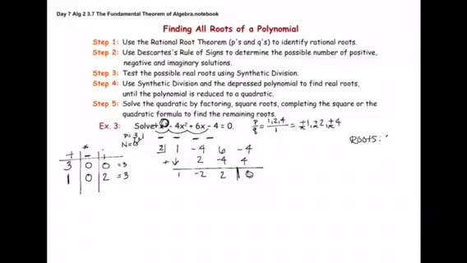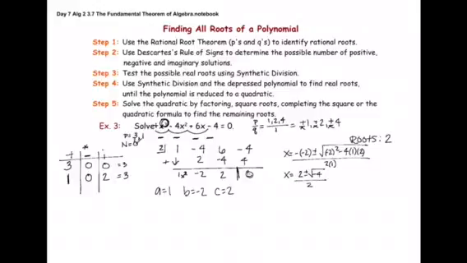So I'm going to go ahead and just put my 2 over here. Because we were working with a cubic, I know now that I have a quadratic, so I can plug this into my quadratic formula. So x equals negative b plus or minus the square root of b squared minus 4 times a times c, all over 2 times a. When I simplify this, I get 2 plus or minus the square root of negative 4